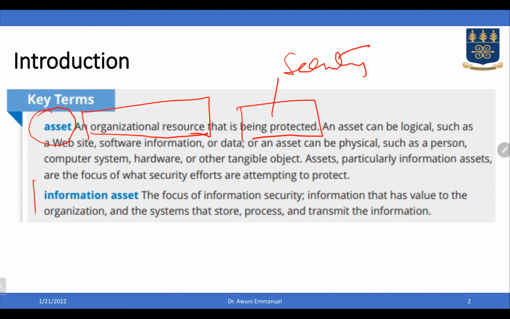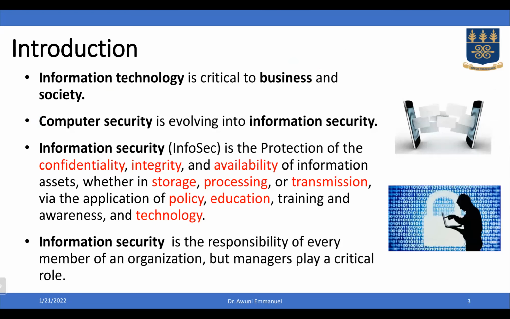So basically, I'll be using information assets as we move on. So information asset is just a resource of the organization that can be used to collect data, process the data, and give out information. So if I say protection of information assets, I mean protection of our laptops, protection of even the network, the communication channel. How are we going to protect that in order to ensure that we produce data or information that is not corruptible?